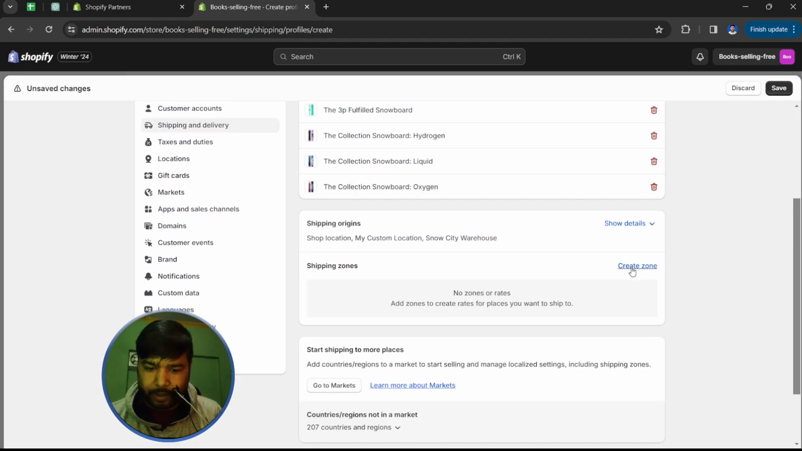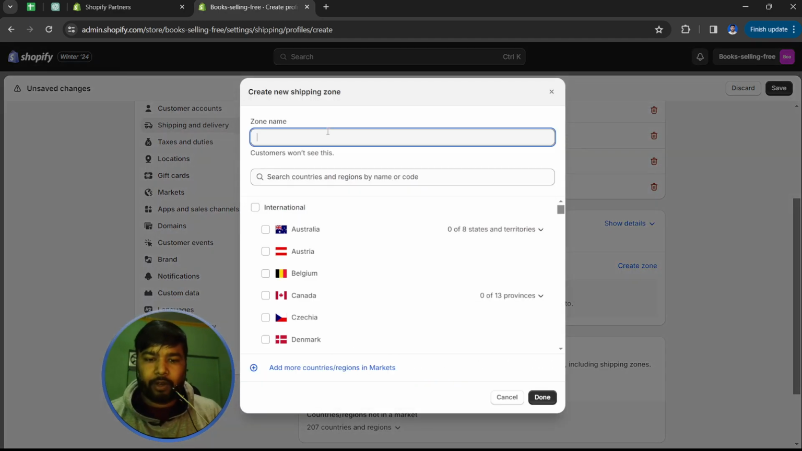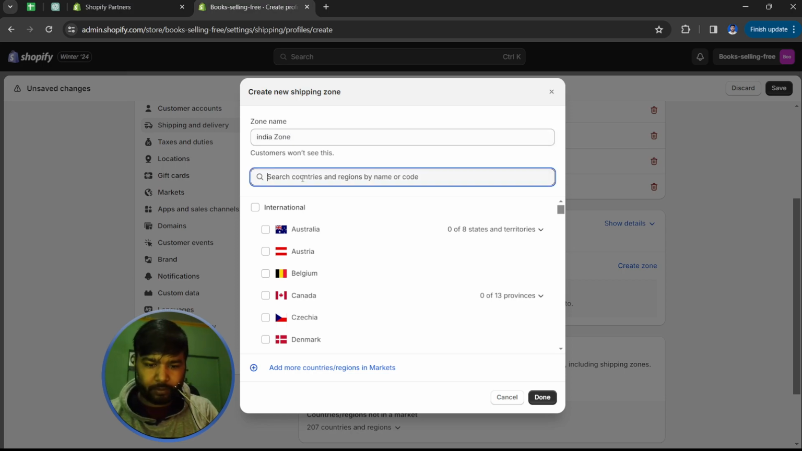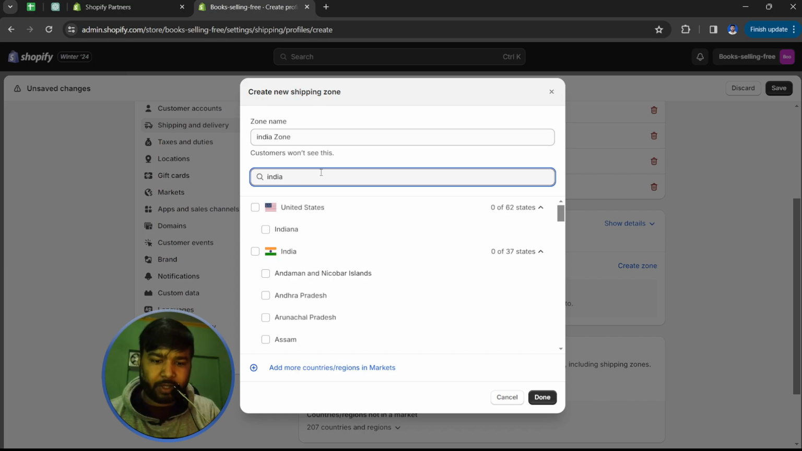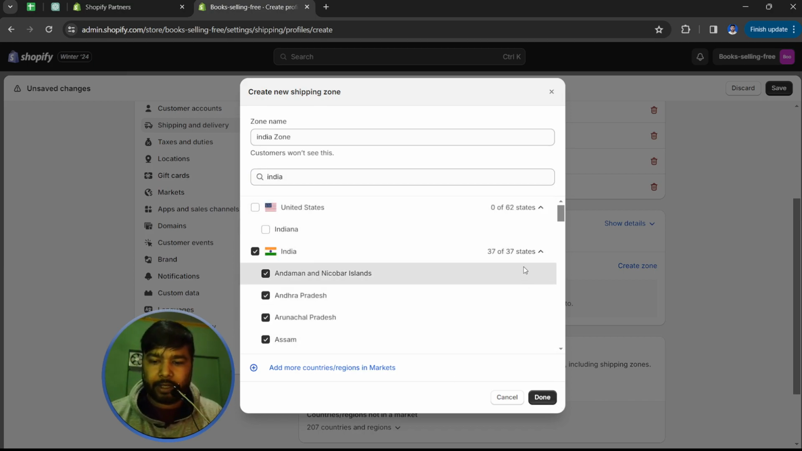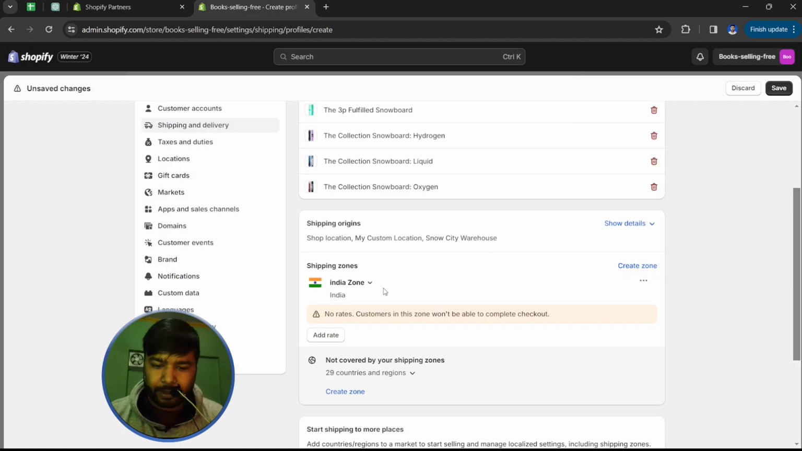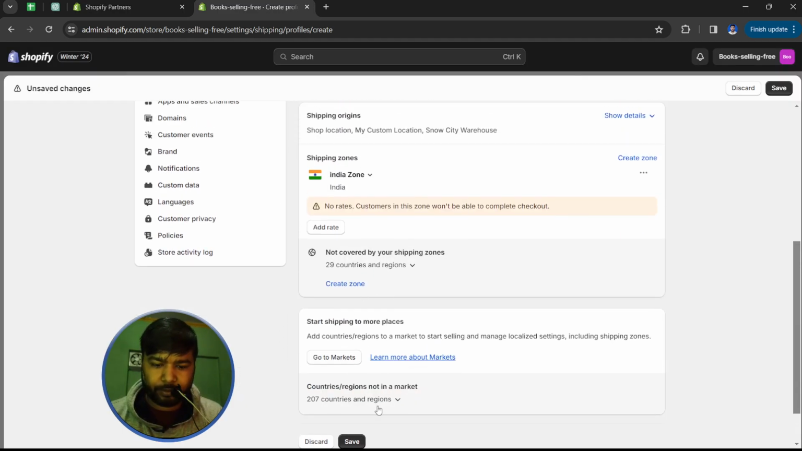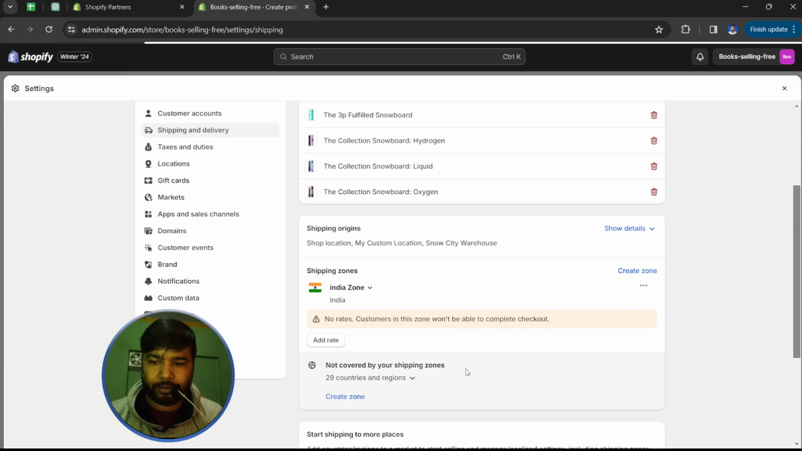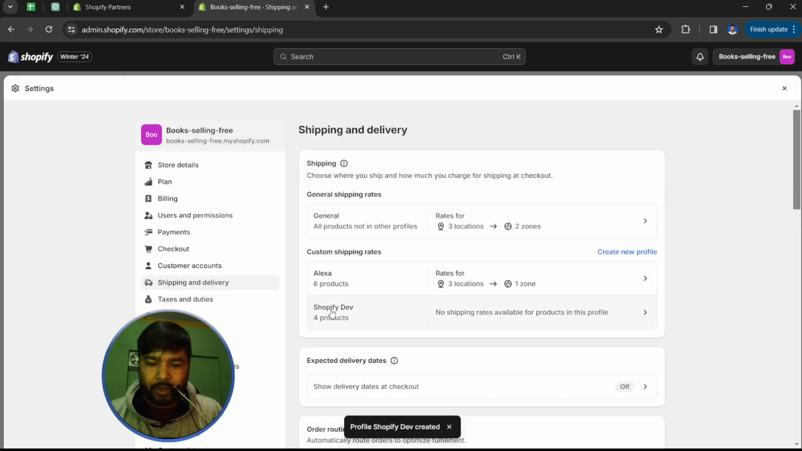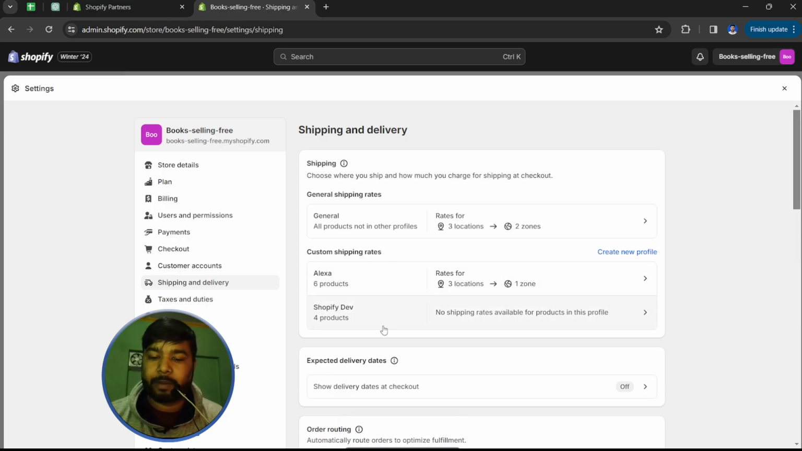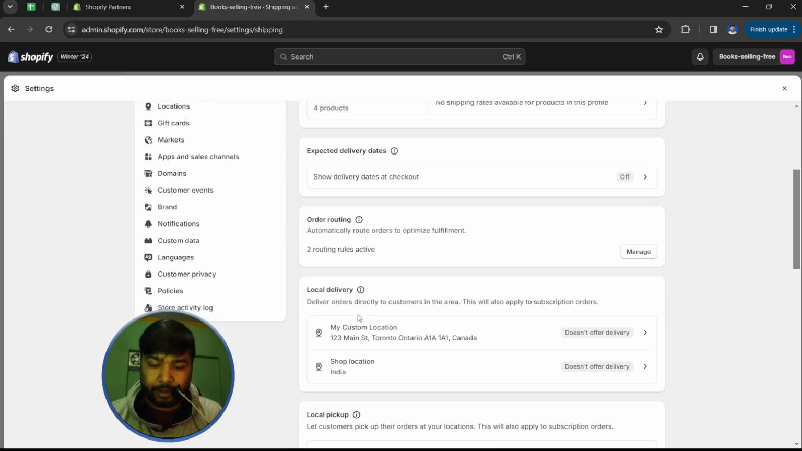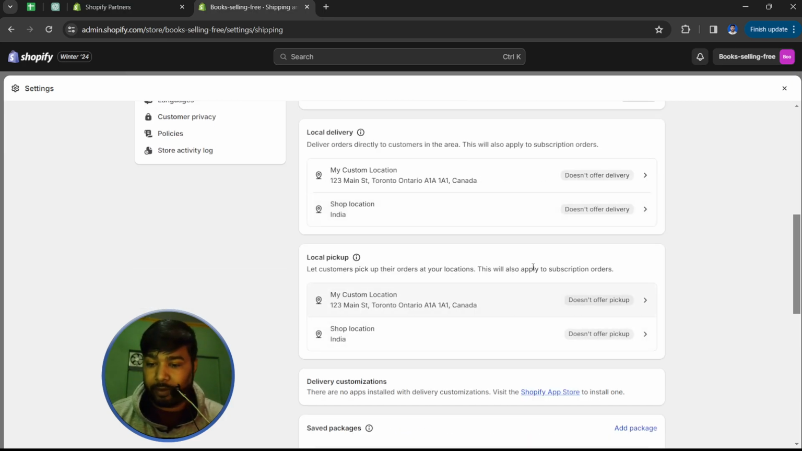And add your product, and create a zone where you want to sell. Like I want to sell in India. When I selected India, 35 states are selected. You have created a custom shipping rate, yeah, and you can go to order setting, order routing, and you can create location delivery,